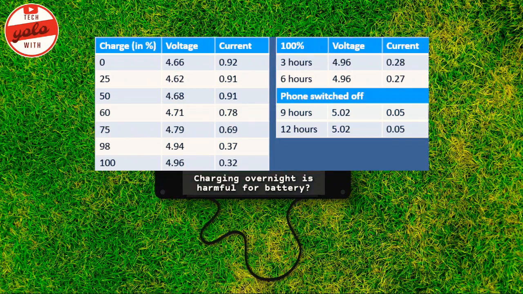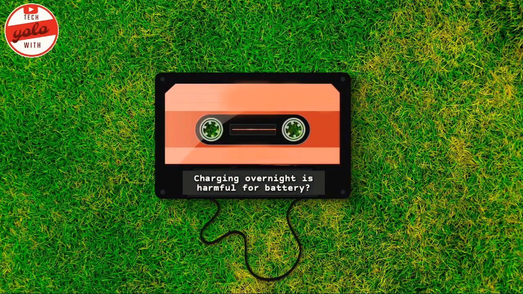We know that batteries lose their charge retention ability over charging cycles. That is, when a battery is charged again and again, its ability to hold charge decreases, thereby decreasing battery capacity. When I conducted the same experiment after switching off the phone, no current or only a negligible amount of current was drawn after reaching the 100% mark, because no background activity is happening and hence not increasing the charging cycles. Now we know that overnight charging does affect your battery, and also we know that when you switch off your phone and let it charge overnight, it does not affect your battery.